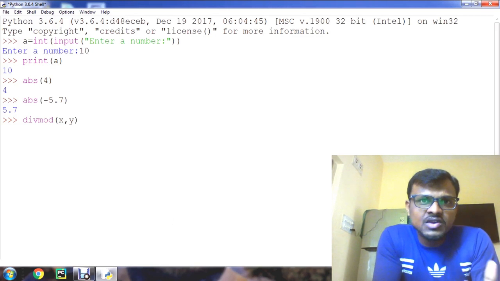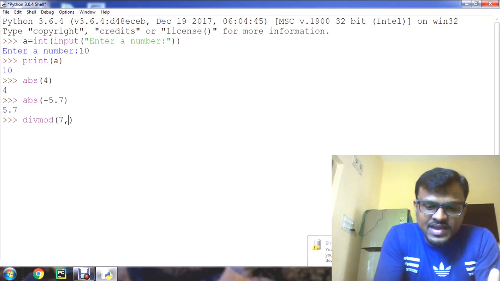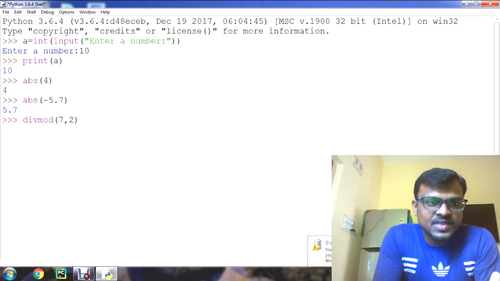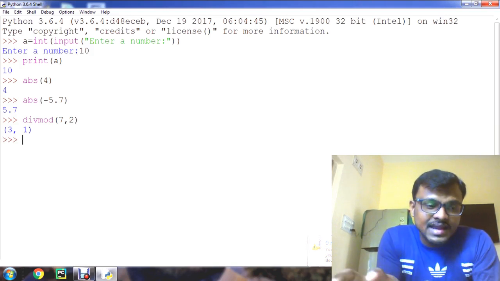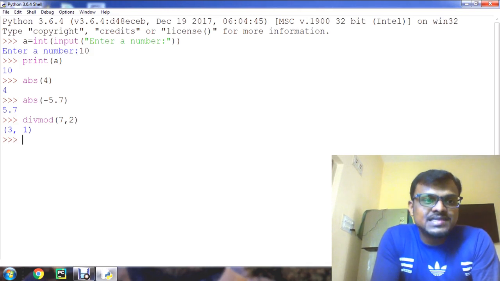The tuple gives the quotient and the remainder. Let us give one example, divmod of 7, 2. I am giving the integer values 7 and 2. It returns the value in the form of a tuple. Here 3 is the quotient and 1 is the remainder.